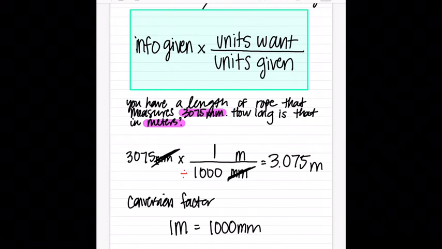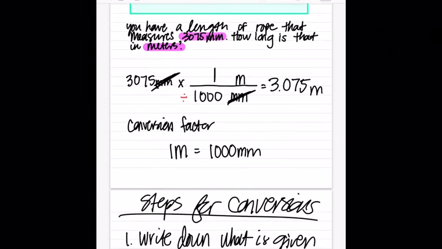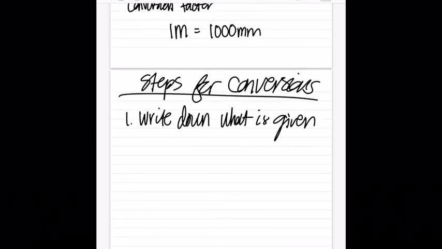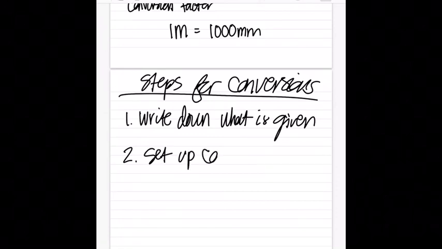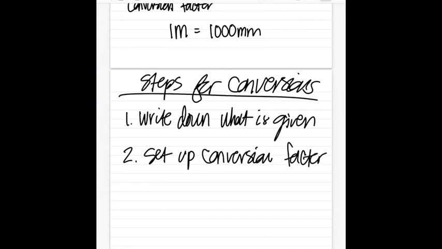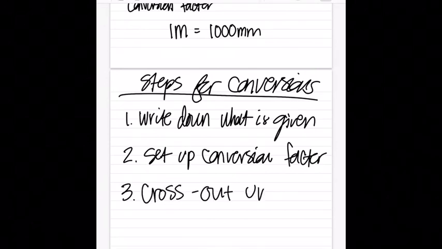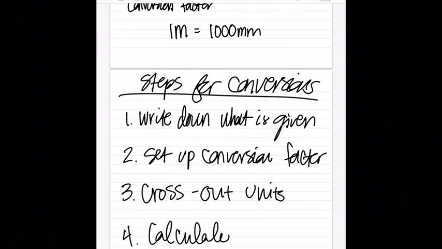It's done. Okay, so let me go and finish writing these steps. Step 1 was write down what's given. Step 2, set up conversion factor. That's going to be with this conversion factor like we used: 1 meter is equal to 1,000 millimeters. Number 3, cross out units. Step 4, calculate. Step 5, write answer